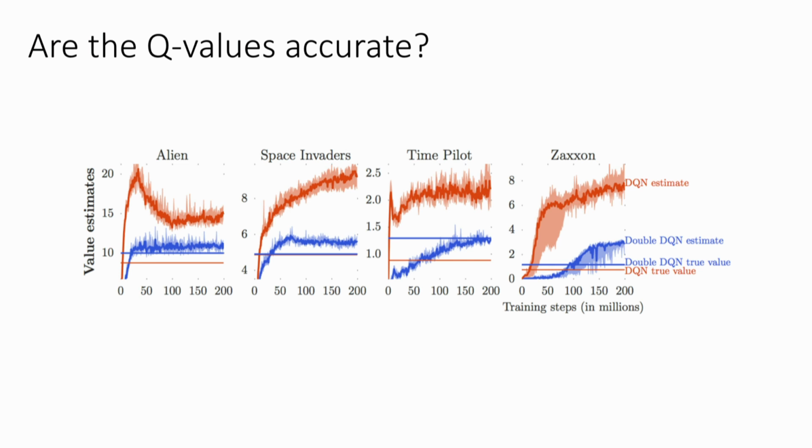Yes, back there. Why is overestimation such a bad thing? Is it just off by some scale? Right, so the question is, why is overestimation bad? Is it off by just some scalar? Well, the answer is that it's not off by some scalar. It's actually just incorrect, and it's always incorrect in the same direction. If the issue was that your values were always bigger but the relative actions were the same, then this wouldn't be a problem. In practice, that's not the only problem.